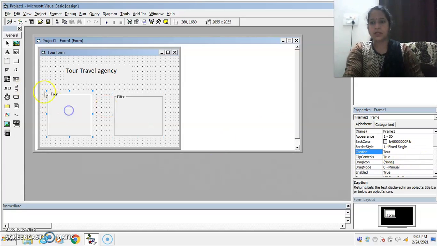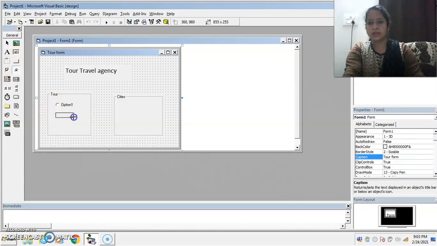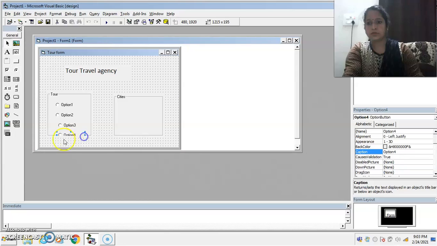Okay, now take 4 option buttons, first, second, third, and fourth. Also set its alignment.